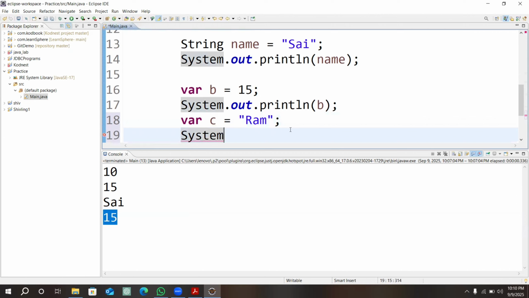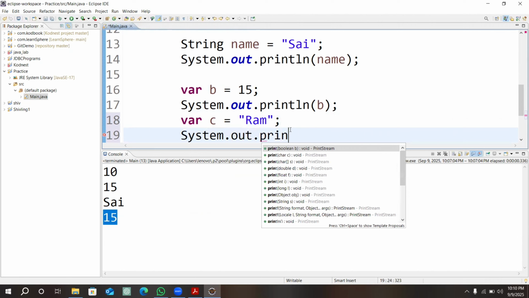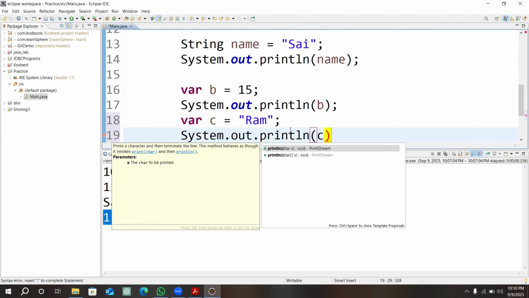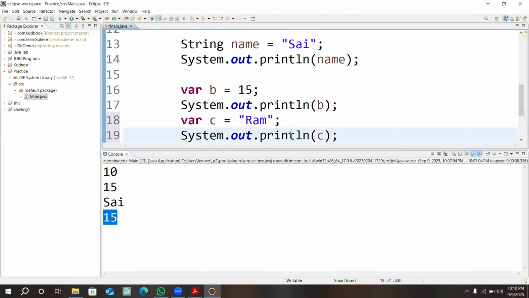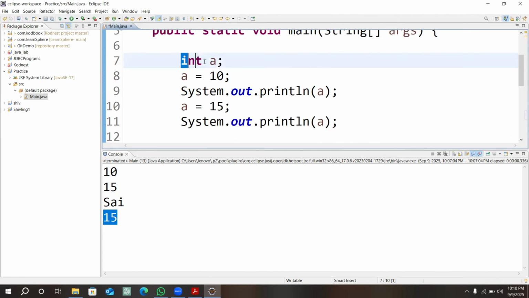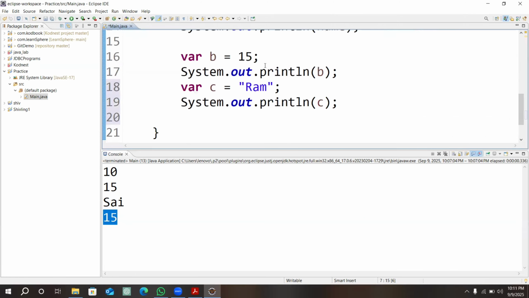When we do not know which type of data will be given by the user, at that time you can go for the var keyword. And when we want to take the data in integer format only, then we will go for the data types. Suppose for age, if you want to take an age from any user, how will we take the age? Because age will be only